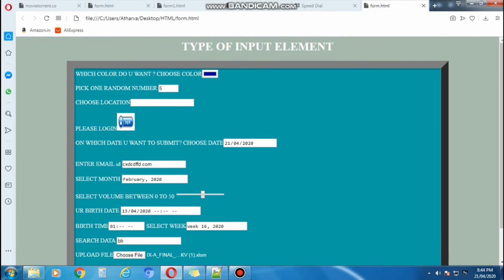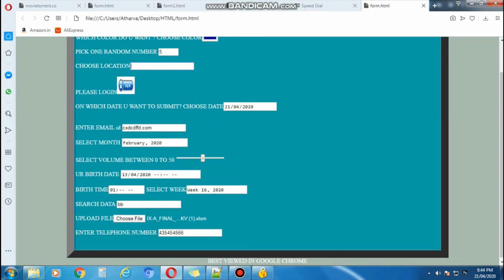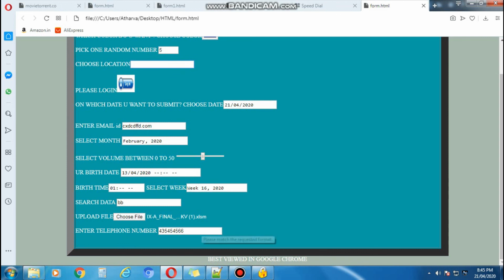So here today I demonstrated how input type equal to color, number, URL, image, date, email, month, range, datetime-local, time, week, then search, and then file, and then telephone, that is referred to as tel, can be used in a form.